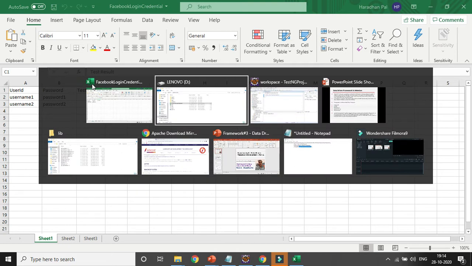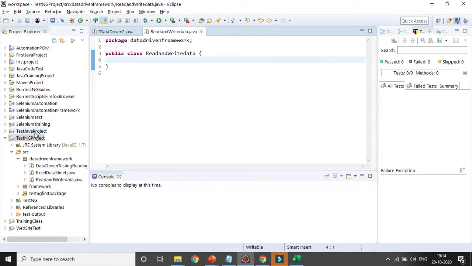In my project all the jar files are already there. So I just created a normal class. It is not a test class, but I can use the @Test annotation, so I will use it. Here you can see some error message is coming.